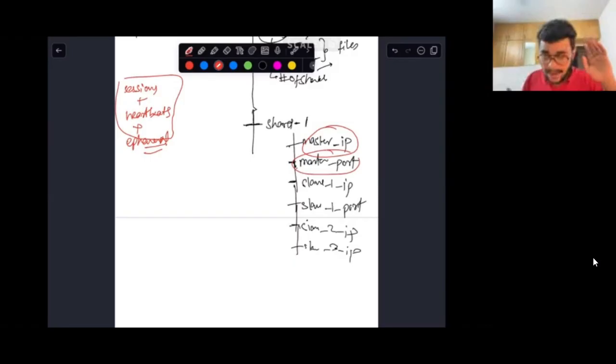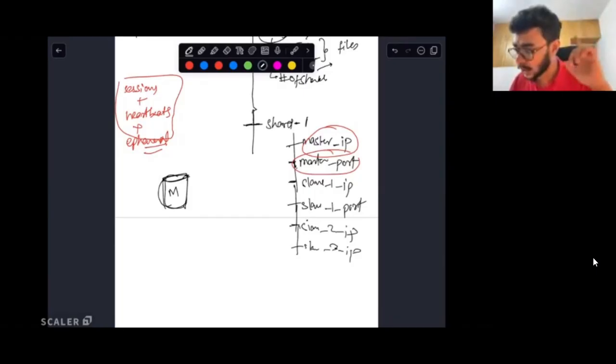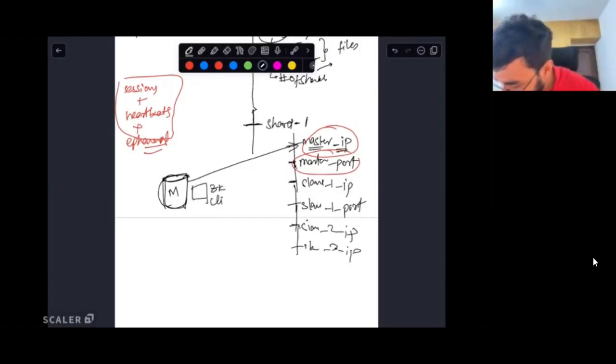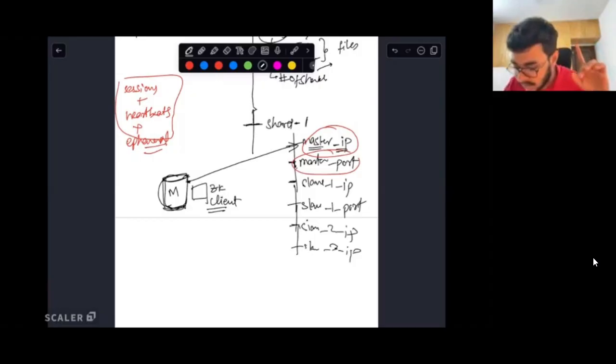The set pattern in which Zookeeper typically does it is this: if, let's say, in your cluster the master database is alive, then the master database is going to emit a heartbeat, and it is going to ensure that the data stored in this master IP remains stored over there. So there is going to be a Zookeeper client, a program running near this master database, and it is going to emit some heartbeats.